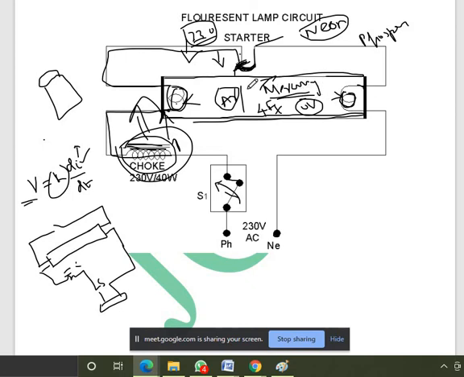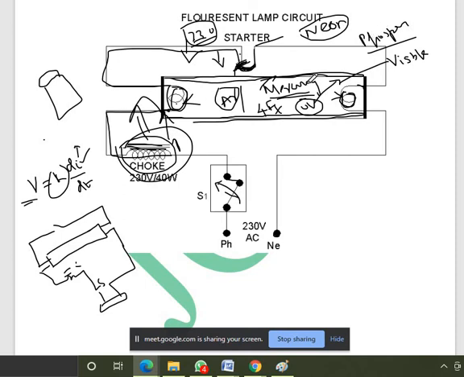So to avoid that, we can coat the phosphor coating on the glass tube. That phosphor coating will convert the UV rays into visible light rays. Visible light rays is nothing but our daylight. It should mostly be in white color. So the UV rays should be converted by that phosphor coating.